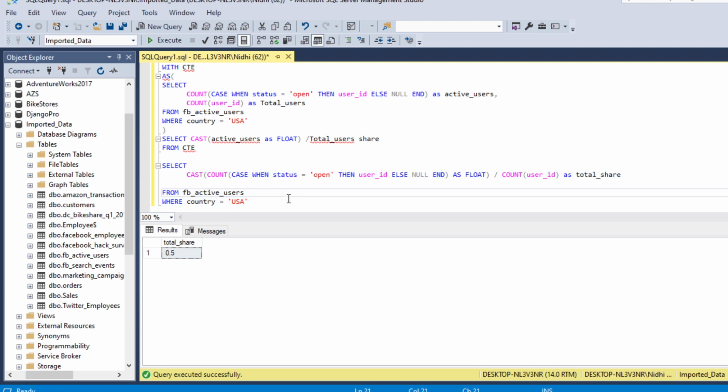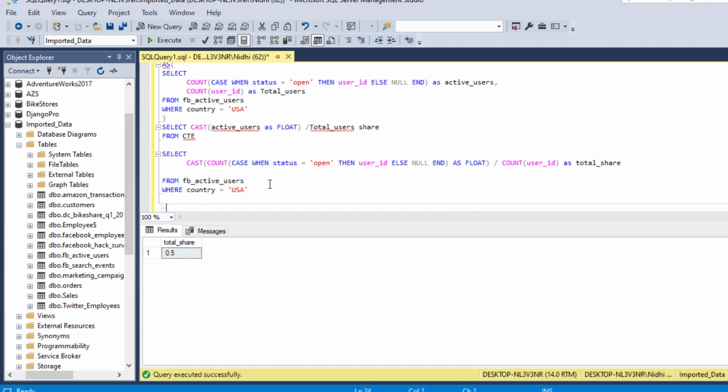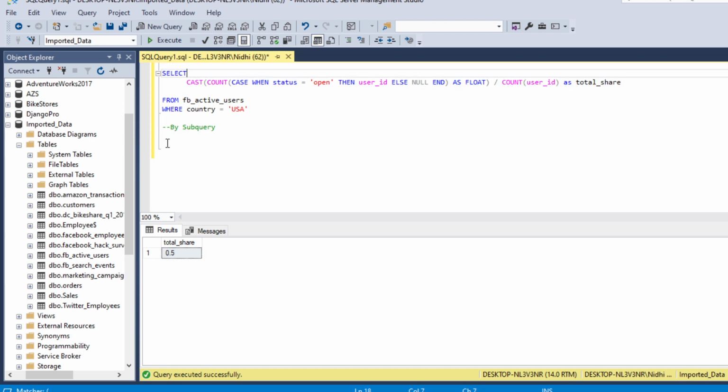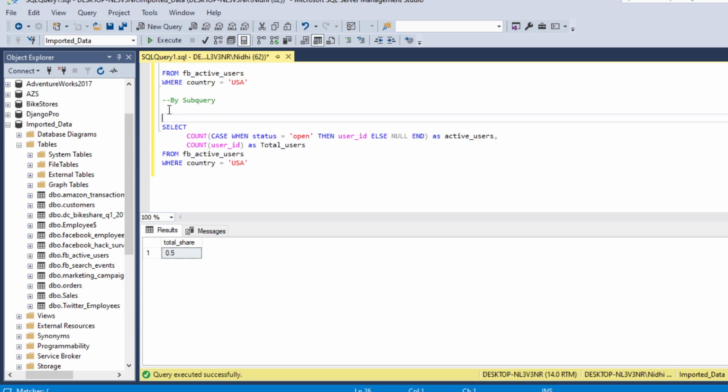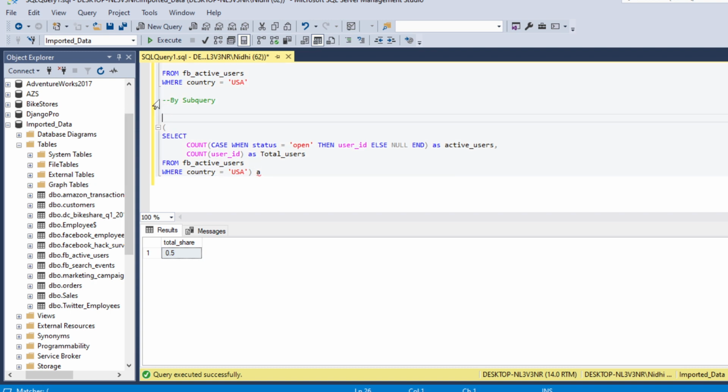The third method is by subquery. So we will paste it here. First we will wrap this in a bracket in order to use it as a subquery. We'll give it the name A, and then we need to select only those columns which we need.